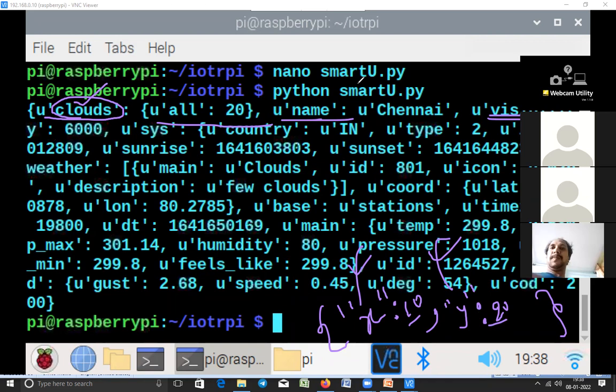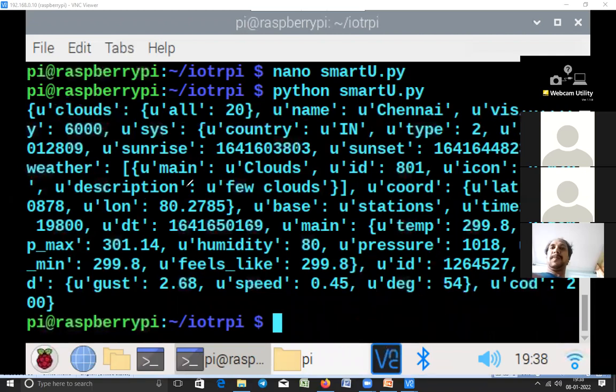Now we want to access the temperature value present in this particular dictionary. So you can access elements in the dictionary. How to access elements in the dictionary? I'll show you now. Take a simple example, X is 10, Y is 20, suppose.